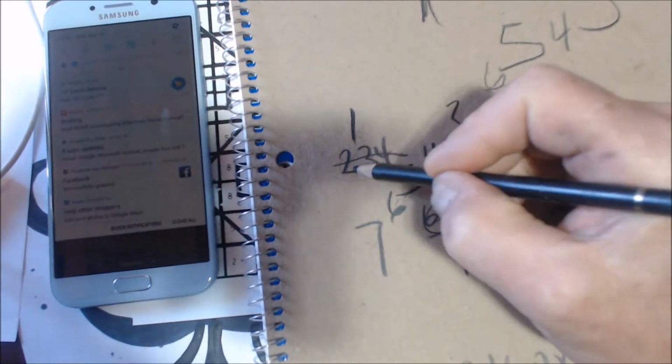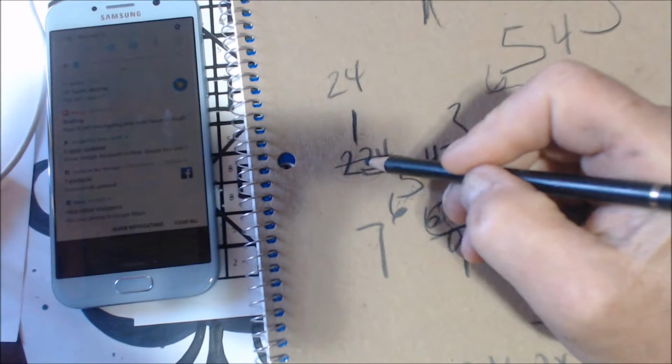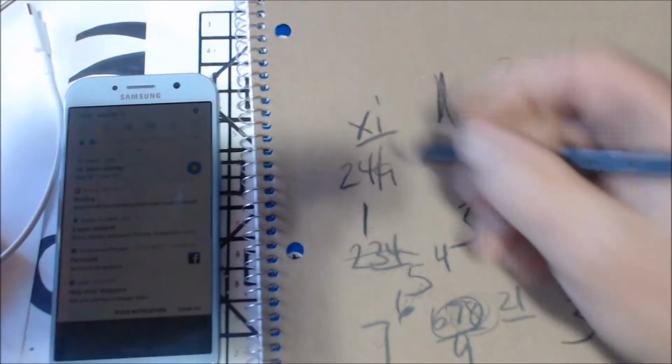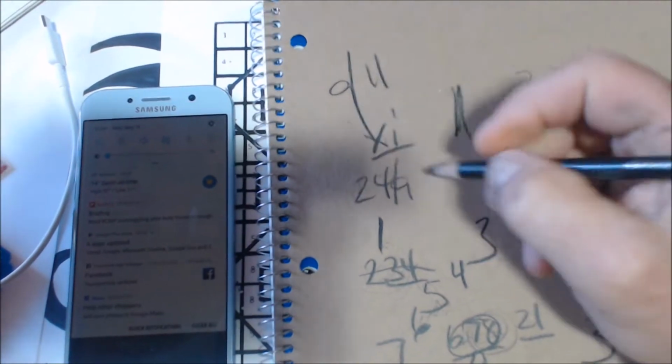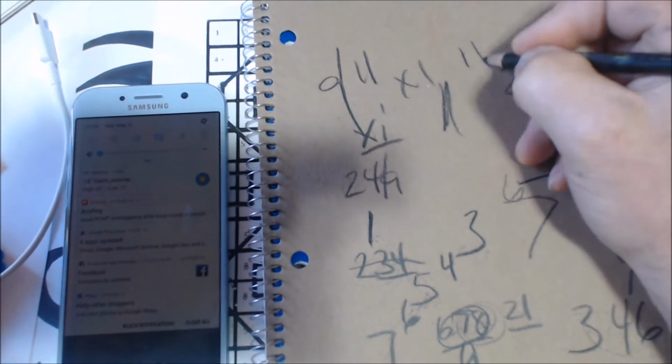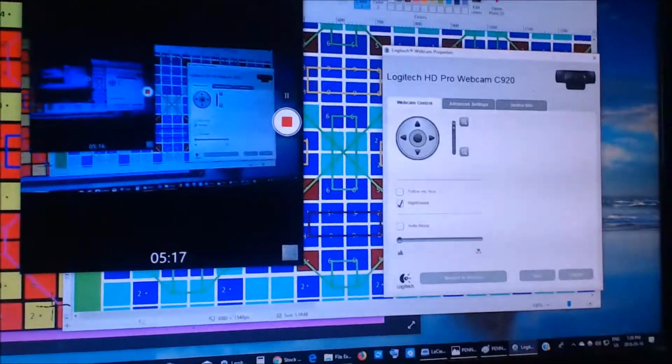4 by 3, 12, times 2 is 24, and 2 plus 3 plus 4 equals 9, and it's a Greek word, or you can also use it as 911. X and 1 and 1 and X. So this is a basic relationship. And through this relationship, I'm just going to